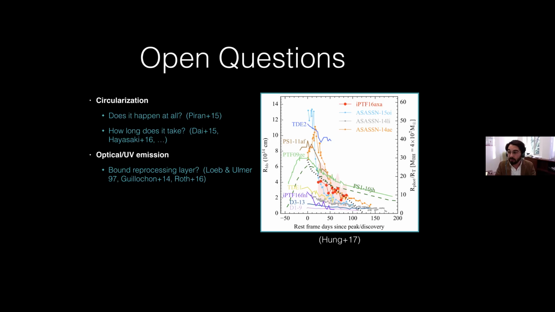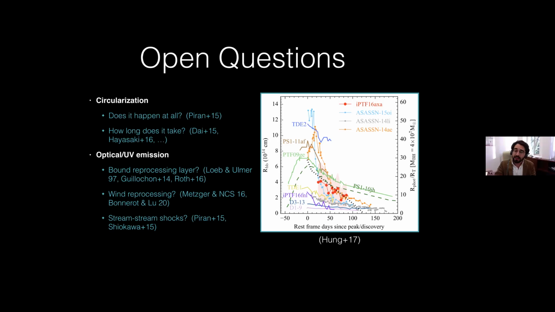There are a couple of possible explanations for this. One is that you do have some sort of circularized inner disk, a central engine that's putting out an ionizing continuum in the soft X-ray and extreme ultraviolet. And this ionizing continuum is getting intercepted by an optically thick reprocessing layer, which is downgrading it to the optical wavelengths that we see. This reprocessing layer could be a quasi-hydrostatic layer of debris, or it could be an outflowing